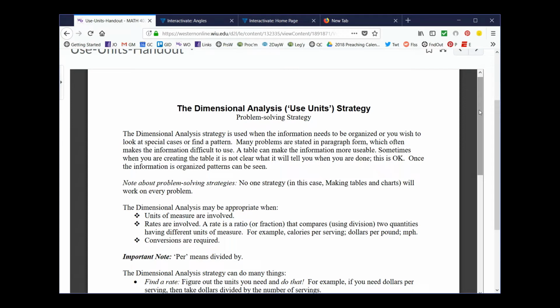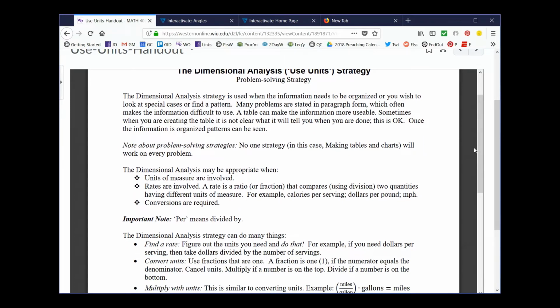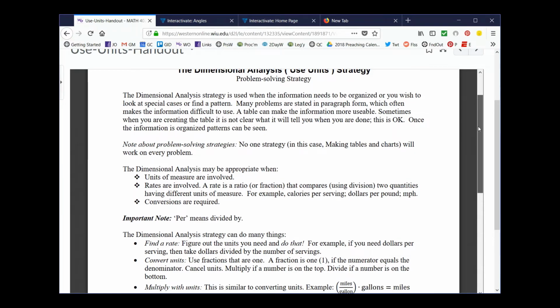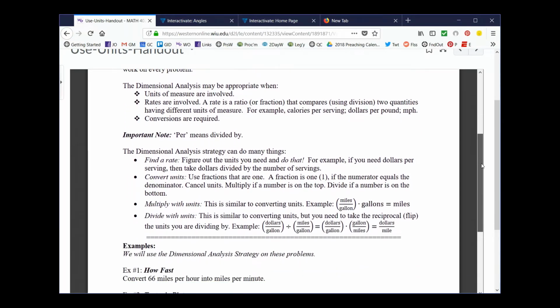So this is our handout for the use units problem-solving strategy. I'd like you to pause the video and read the top part here. Important to note that per means divided by. The dimensional analysis strategy is good for finding a rate, converting units,